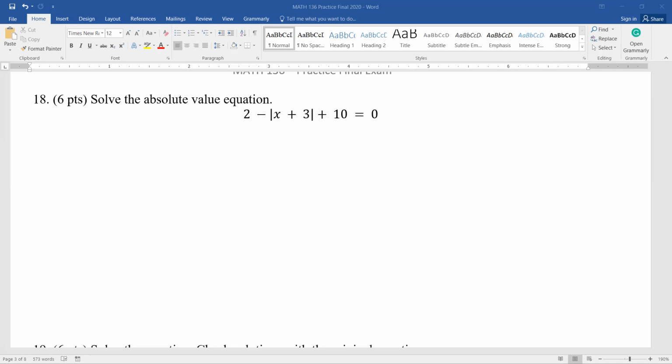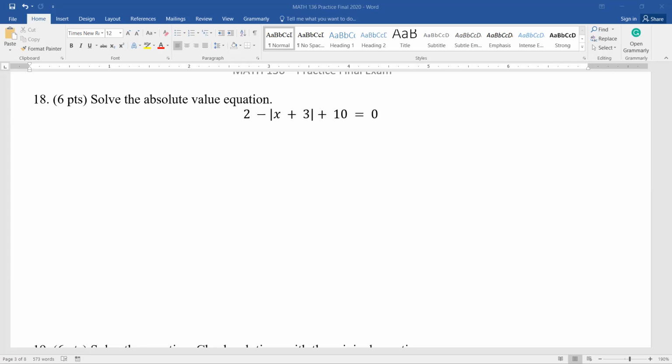To get rid of that negative that's sitting in front of your absolute value bars, you're going to divide by -1. So now we have the absolute value of x plus 3 equals +12. We finally got our absolute value bars isolated on one side, so we're going to break this apart into two problems. We're going to have x plus 3 equals 12, the original, and then we're going to have x plus 3 equals negative 12,